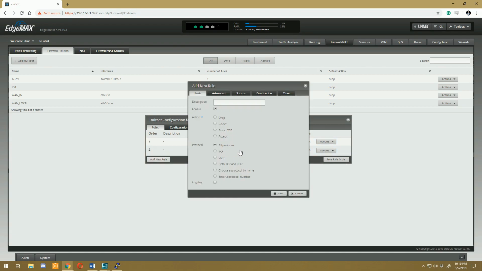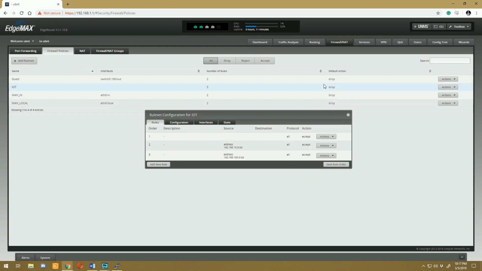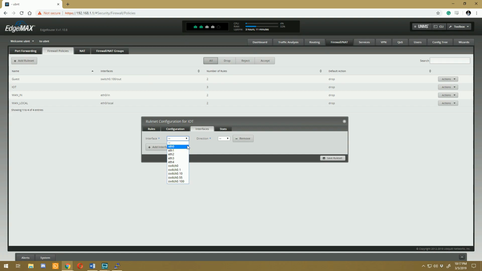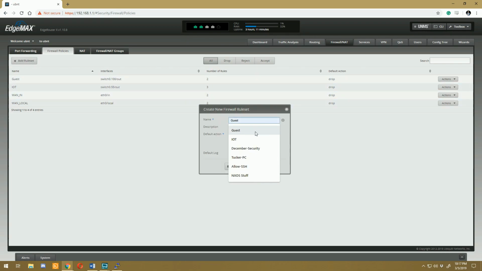And we're going to add a second rule to allow traffic from the guest network. So for whatever reason, I want our guests to be able to access Internet of Things. So 100.0/24 as the source network. Save that. And there's our rules for our Internet of Things policy. Go over to the Interfaces tab, select the Internet of Things interface, which is 0.55, direction out. Save the rule set. And then one last rule set, we're going to name it Home, default action drop, save,